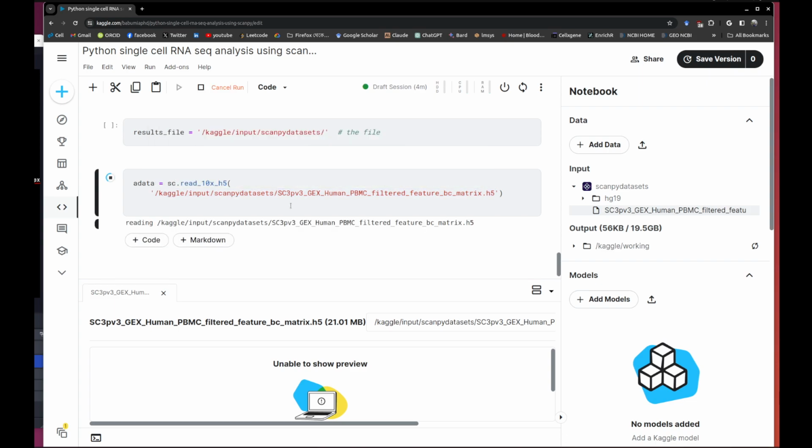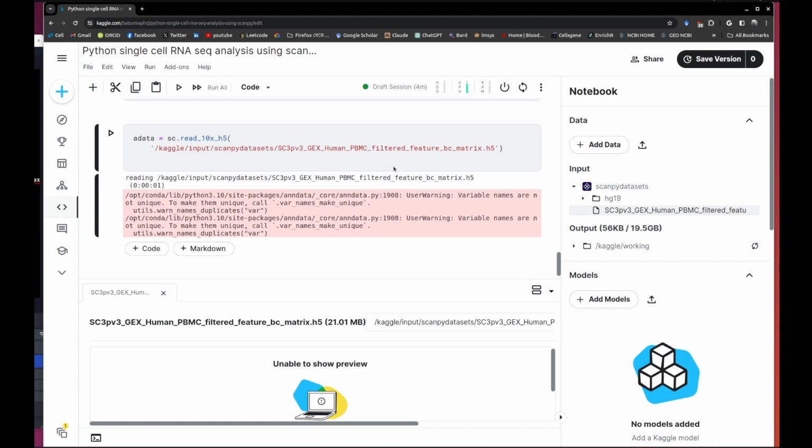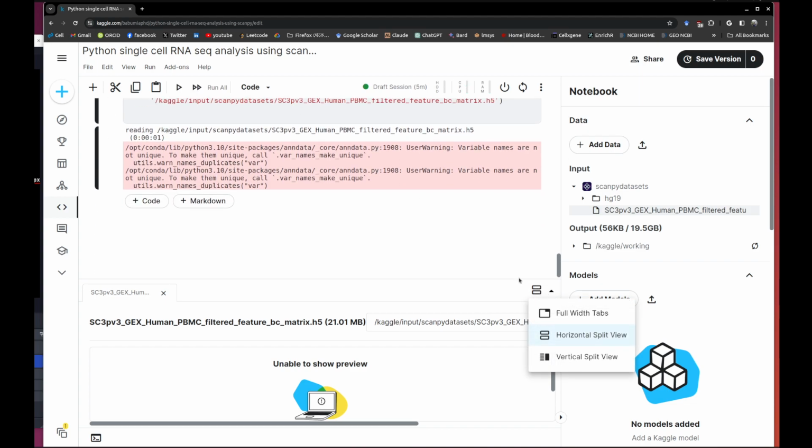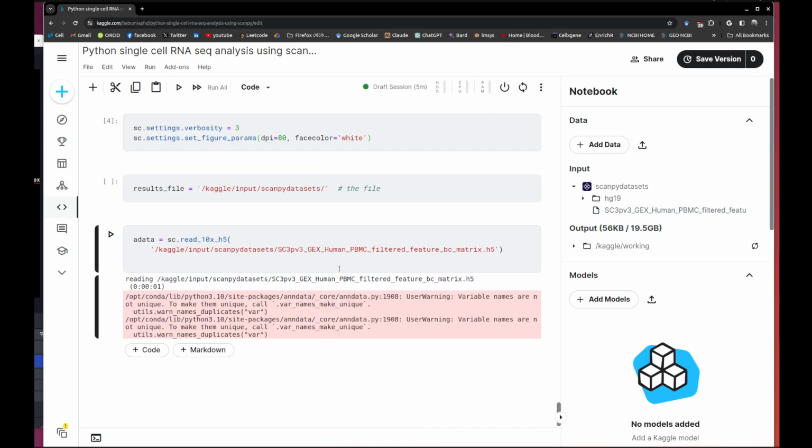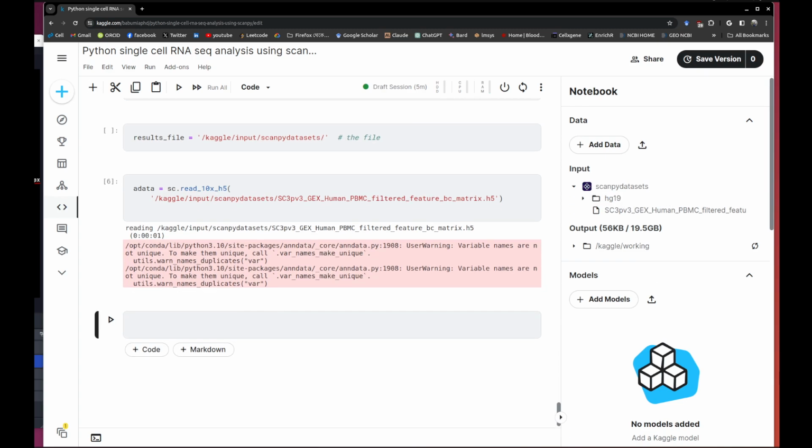Let's try now. See, now it's successfully loaded. So that's how you do it. If you just use the link, it will never work. So you need to keep the entire data set, proper link, add the data set in here, and then use it. Now we will select our